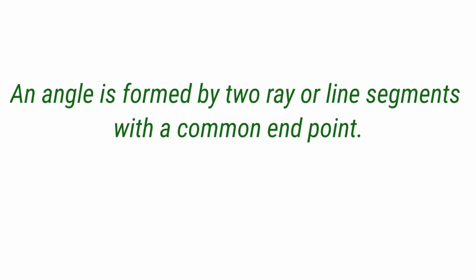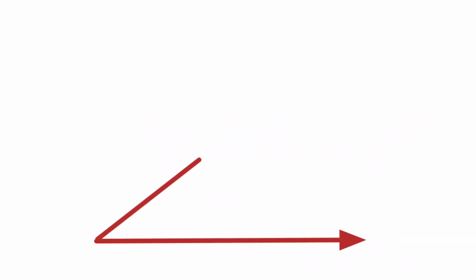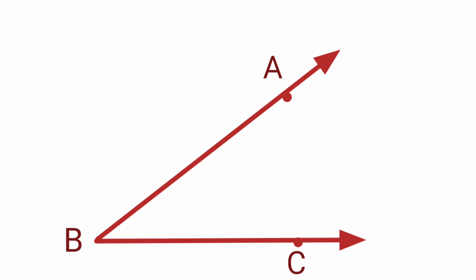First, I am drawing an angle formed by two rays. And let's name the angle as angle ABC. So can you name the rays here? That is, the two rays by which the angle is formed. Can you name them? The rays are ray BA and ray BC. So this is how we are forming an angle using two rays.